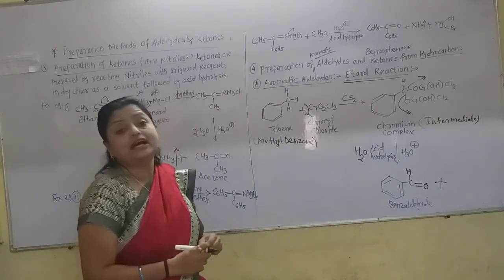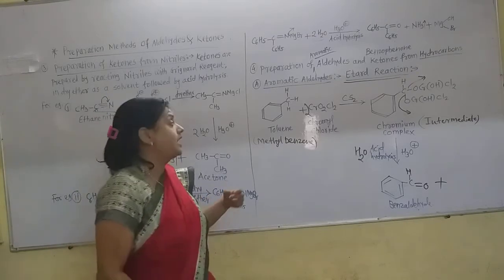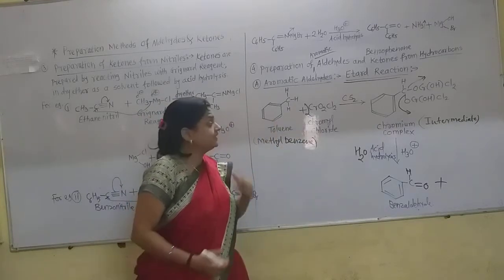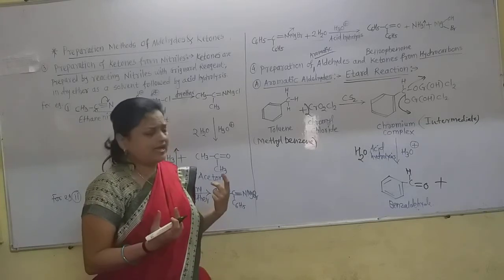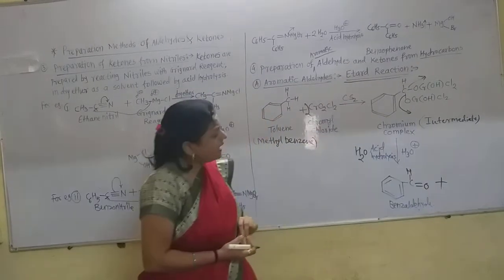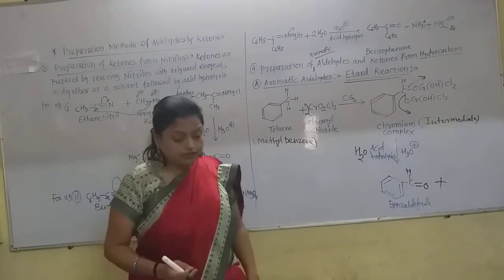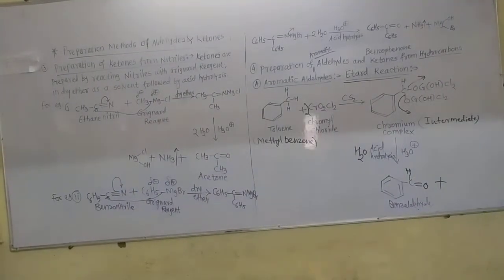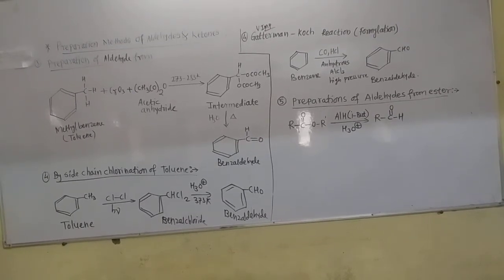Now in this way, in Etard reaction, the aromatic aldehydes are obtained by using the hydrocarbons with strong oxidizing agents such as chromyl chloride, the intermediate is first formed, that is the addition intermediate. All atoms get added into that, and that on acid hydrolysis forms the aldehyde. Now let us see how the ketones are formed by this method, that is the oxidation of hydrocarbons. Now see the next method of preparation